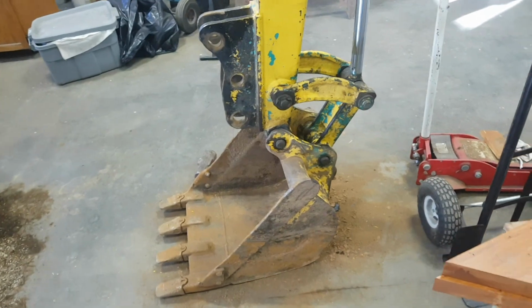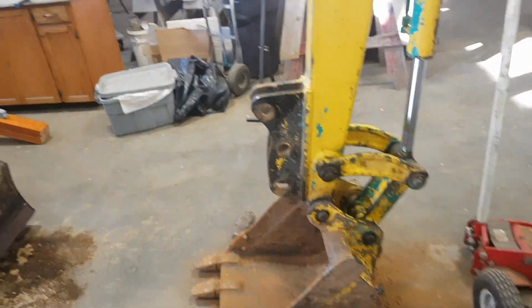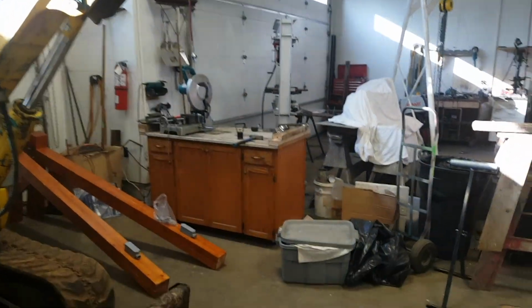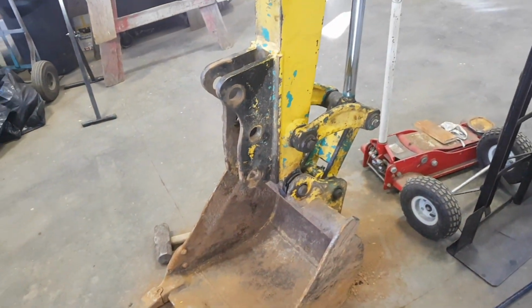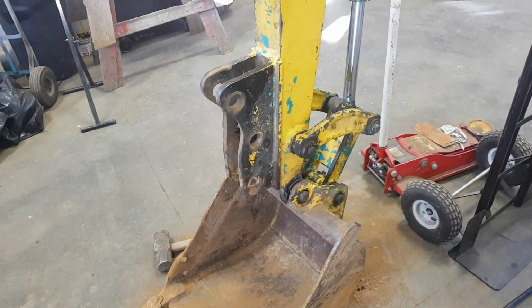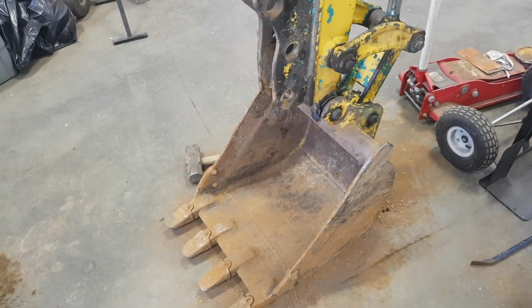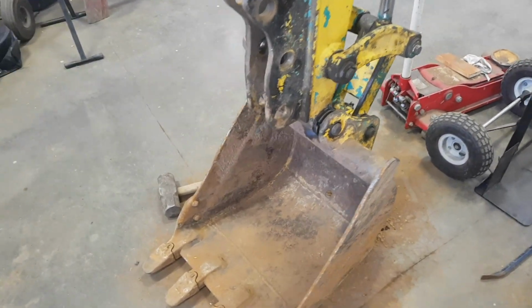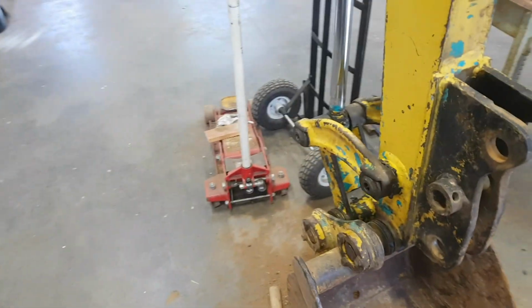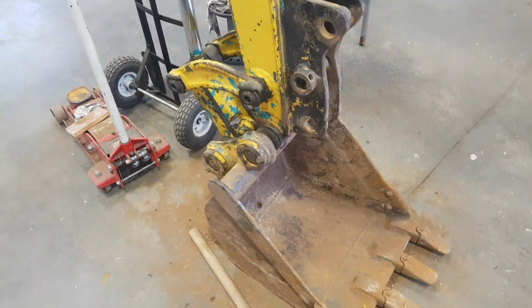So we popped the bucket off, and I popped the arm off here too, the stick, and pressed out the bushings with my hydraulic press over there, and popped the new ones in. And the pins, of course, are still very worn, but the plan is to replace this and build a quick coupling attachment system, which will be the wedge bar type. So manual, you gotta get out and unbolt it and bolt it on, but anyway, better than what we got